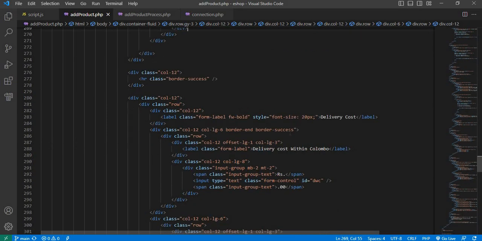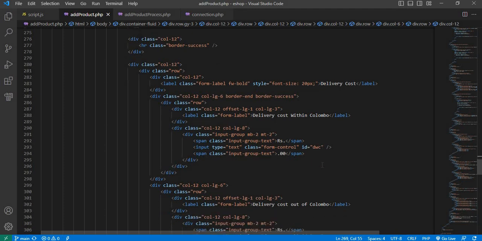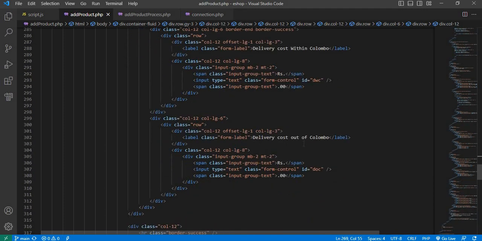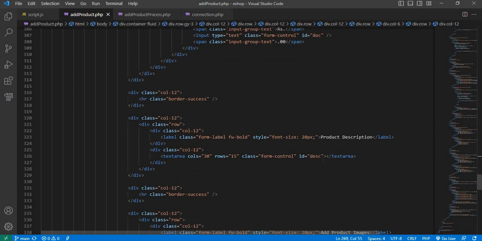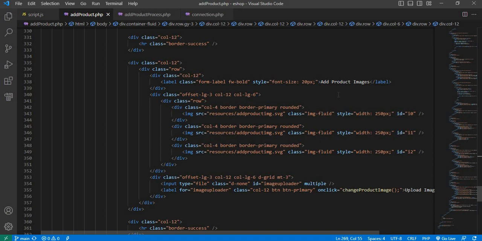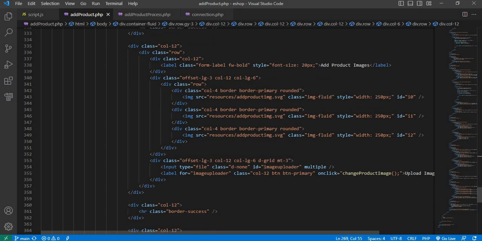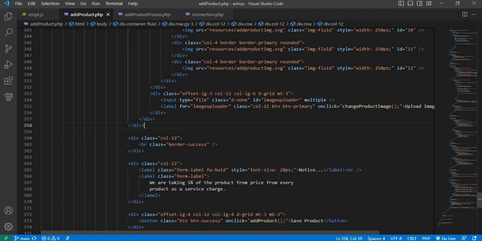and to add the delivery cost within Colombo, I have given the ID DWC, delivery within Colombo, and for delivery out of Colombo, I have given the ID DOC, and for product description, I have given the ID DESC, and to add product images, I have given the ID image upload. Here the input, I have given the ID image uploader to upload the images to our add product web page,